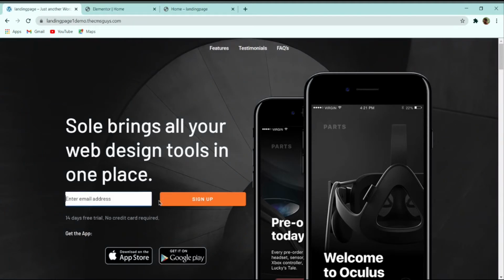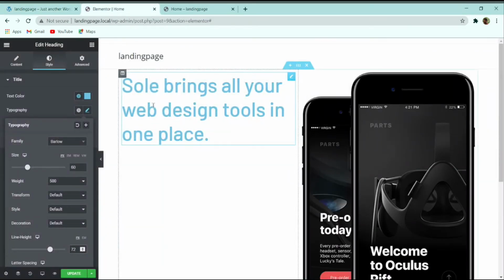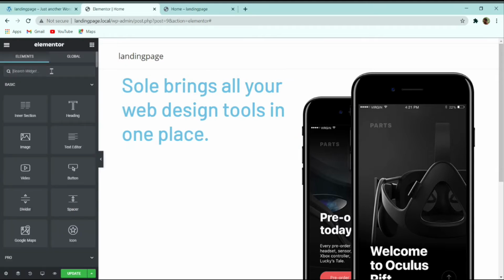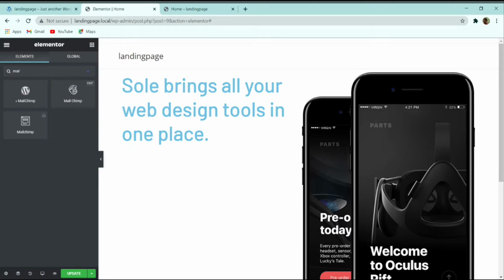After that, here you can see that we have an option of this email address and then the sign up button. To create this email address and sign up button, we need to add the following options. First of all, simply click on these nine dots again. After that, search for MailChimp. Here you can find different types of options.